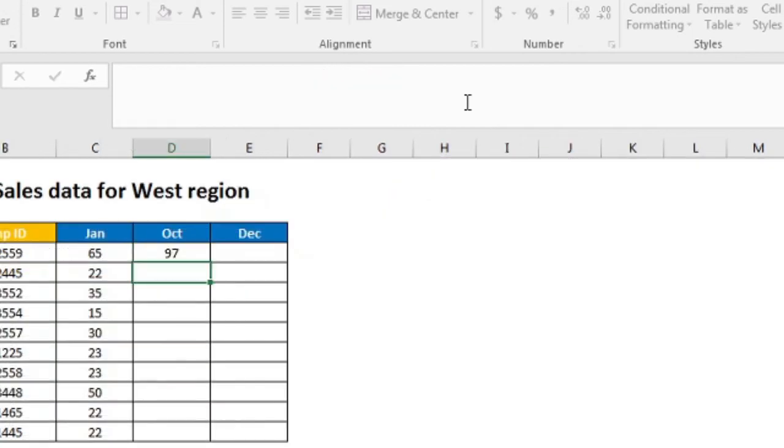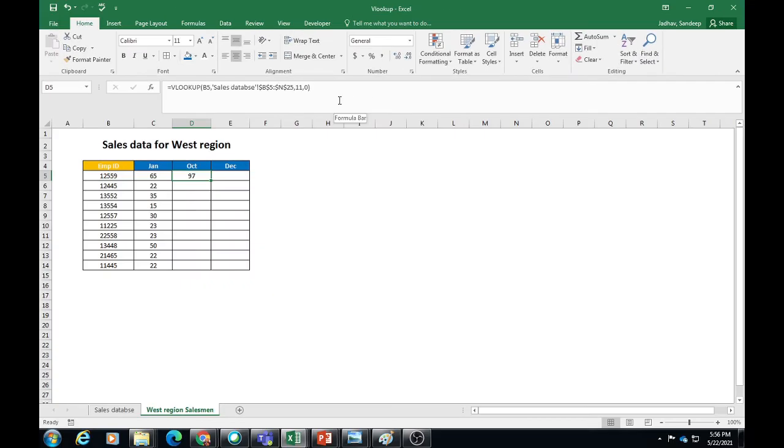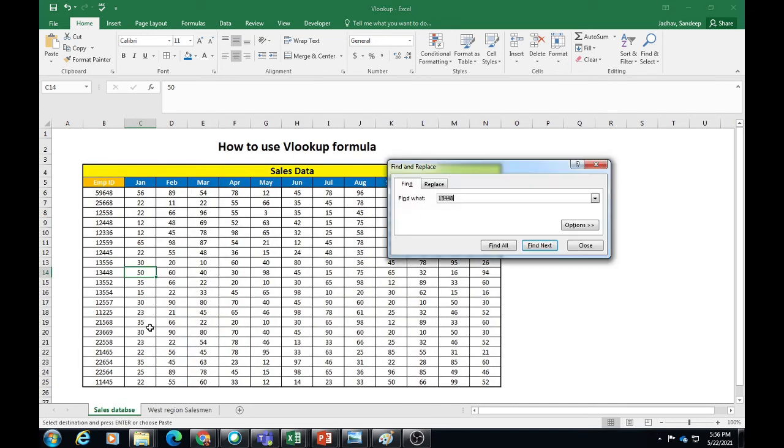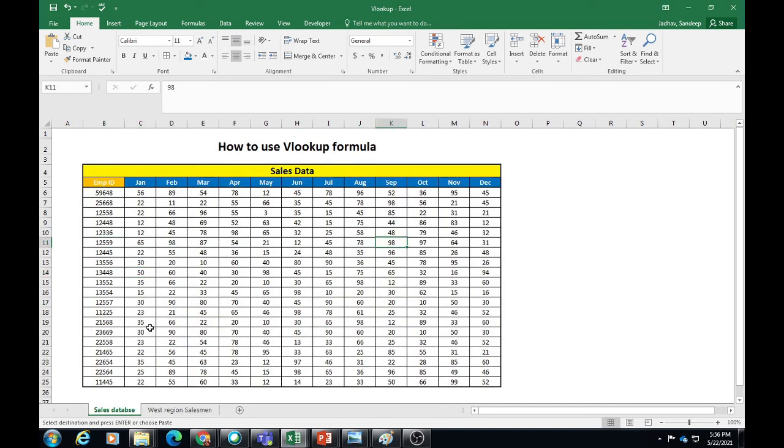It will take me to that particular cell where I put the formula, and I will copy the formula down, select those cells, and Control D. I'll go ahead and check randomly for this employee ID. The October figure should be 97, and it is 97. So we are getting the correct result.